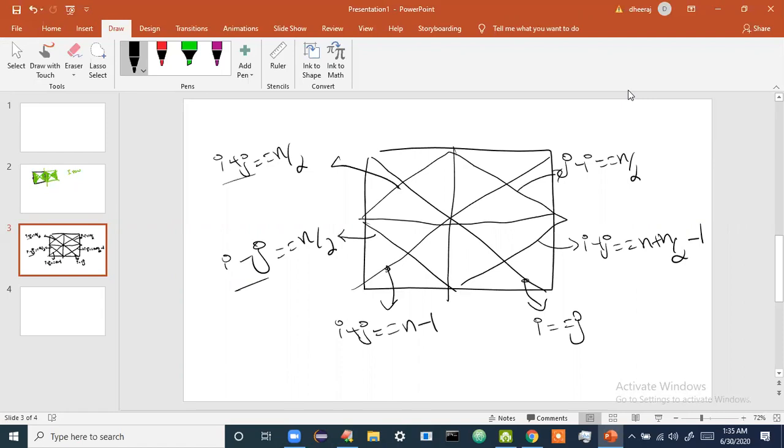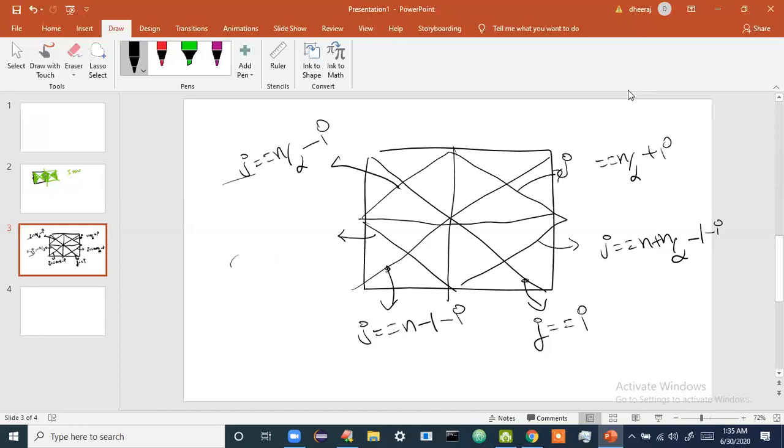After getting these line equations, you have to talk in terms of j. So I is equal to j becomes j is equal to I. Plus I goes that side, becomes minus I. Plus I from here comes here, becomes minus I. Minus I from here comes that side, it is plus I. Plus I goes that side, it becomes minus I. You can easily remember it like this: if this is j is equal to n by 2 minus I, here it is j is equal to I minus n by 2. Easy it is.